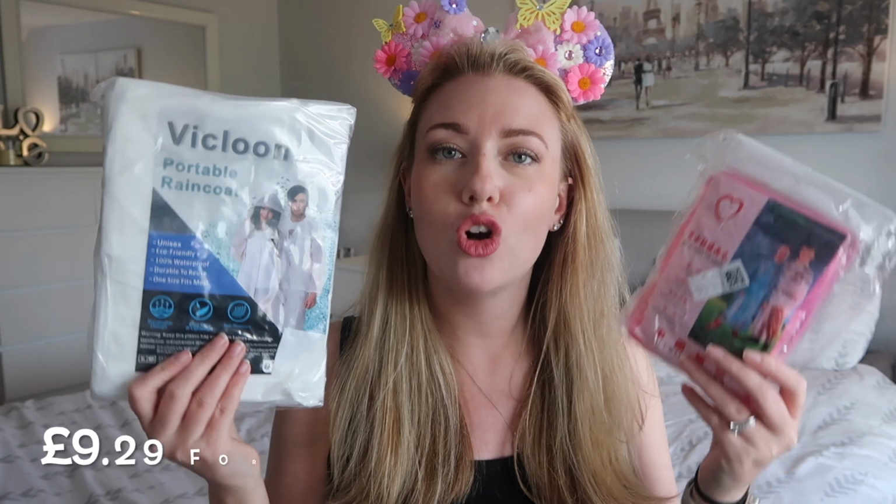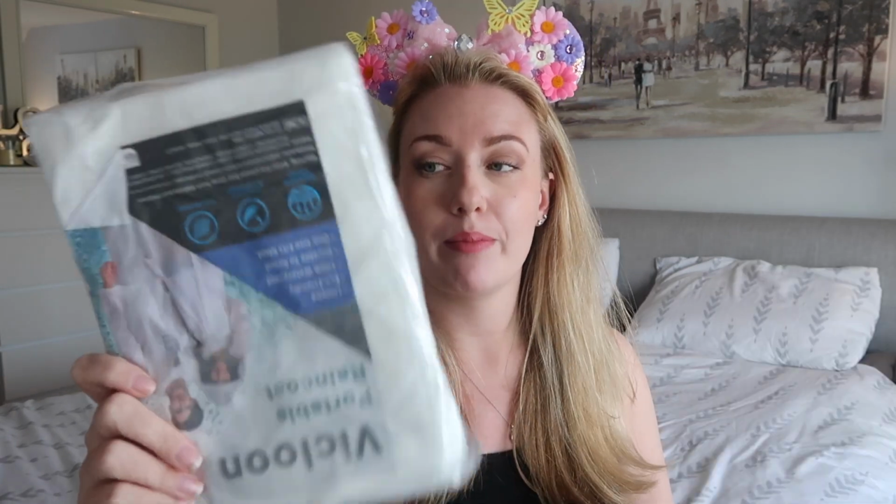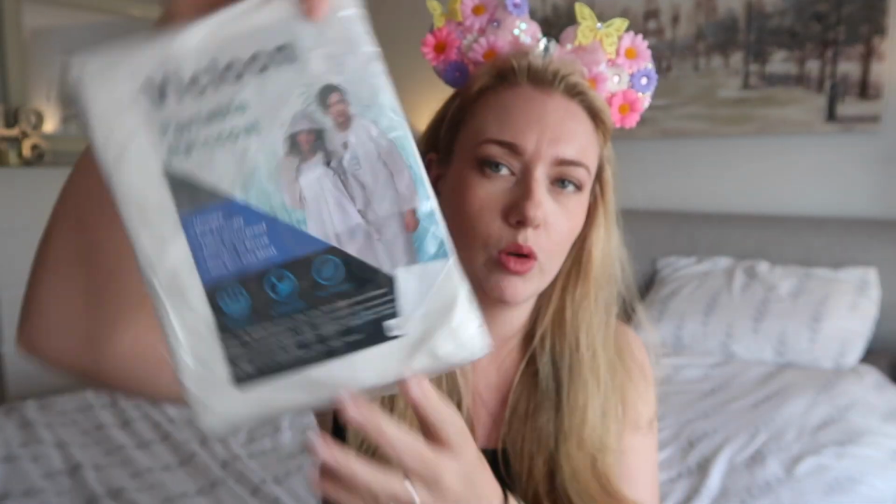As I said before, rain season. We needed ponchos. I've got 2 different varieties. These are non-reusable ones, really cheap. And they're sort of individually wrapped. I feel like these are going to be like super thin bin bag material. So we'll see how those go, but if we don't like them, I also got the proper, oh there you go,